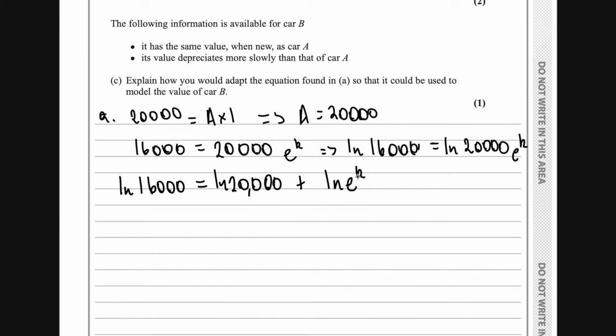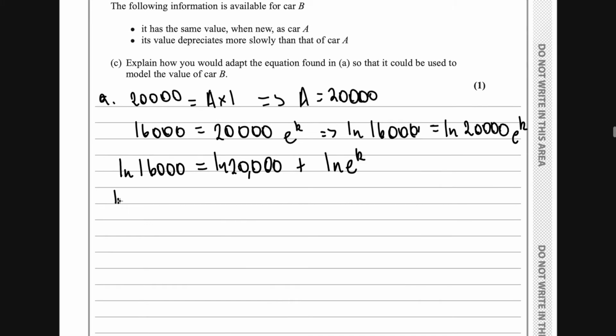And I'm going to be using the second logarithmic law here, in saying that because we've got a power here, we're able to bring that down such that this ln e to the k becomes k ln e. And as we know, ln e is going to equal 1, so we can quite simply cancel that out. And that gives us k equaling ln 16,000